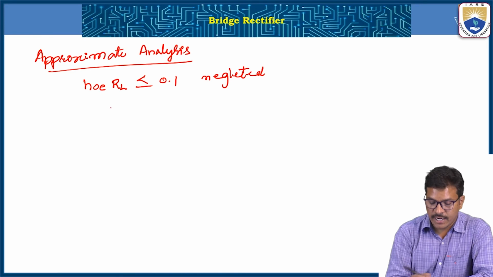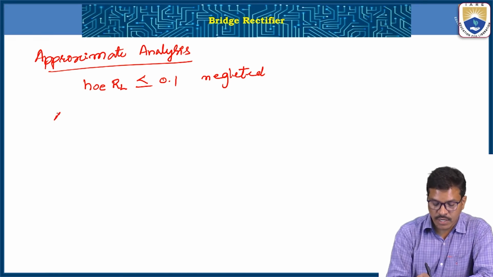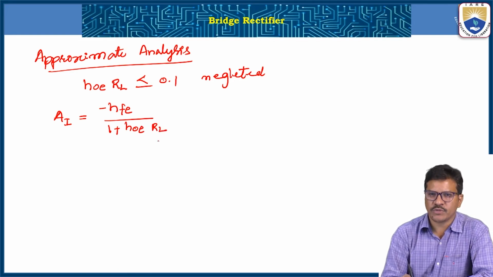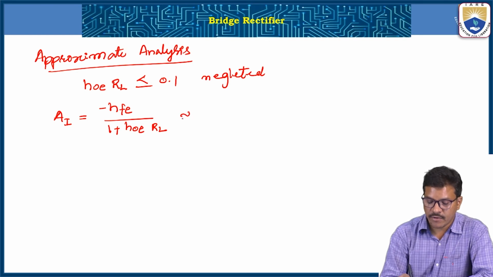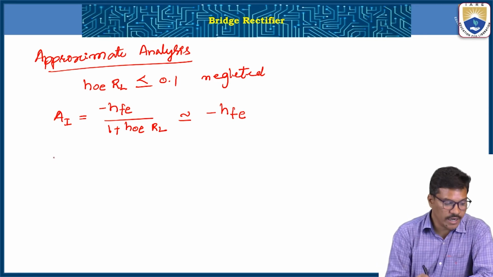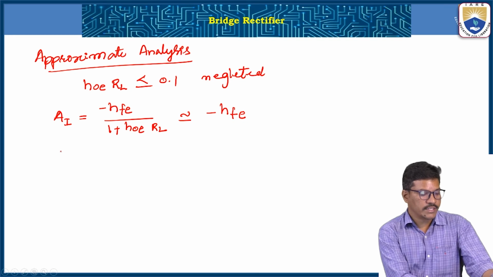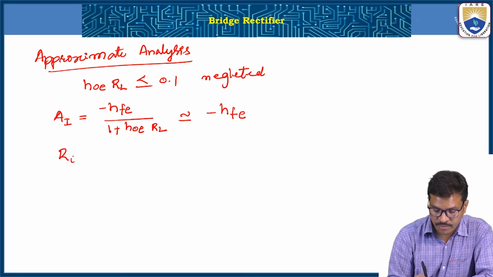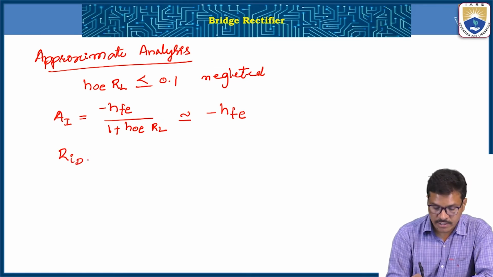So when it is neglected, the current gain formula AI is equal to minus HFE by 1 plus HOE into RL. When the denominator term HOE into RL is neglected, then it is approximately equal to minus HFE. That is represented by approximate analysis. Current gain, then voltage gain, input impedance. Basically, the device input impedance RID is equal to